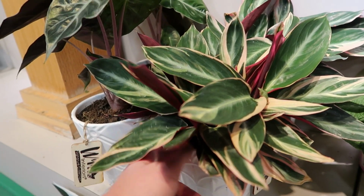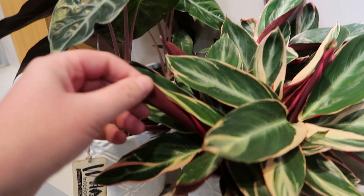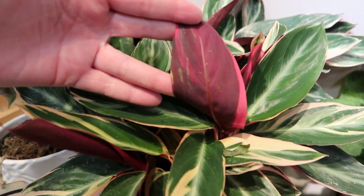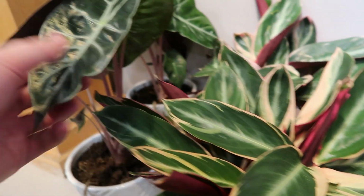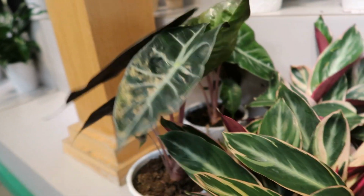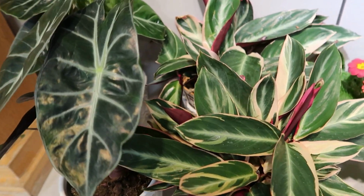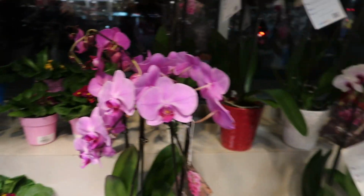I love that pink. The Trio Star, look at that. Look at that underneath. Then the alocasias. Beautiful. Love those. Glorious